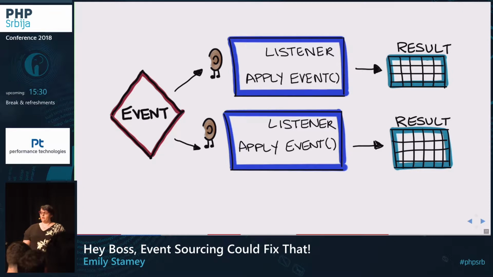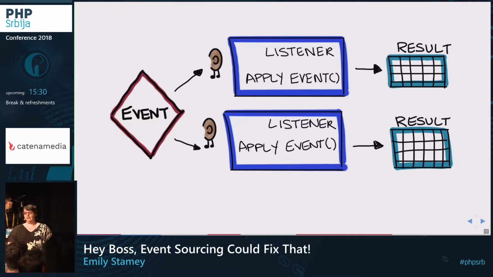You can also have 2 different sets of listeners that are thinking about those events from entirely different contexts. If you have students and maybe professors who look at that same event of requesting to take a class, they care about that event in different ways. And so their apply methods can be different, they can be unique, and they can generate different results based on the same thing that happened in your history.